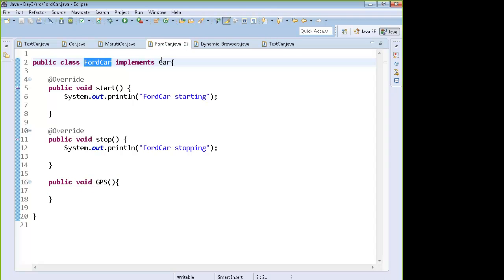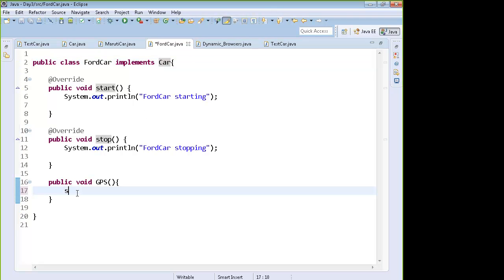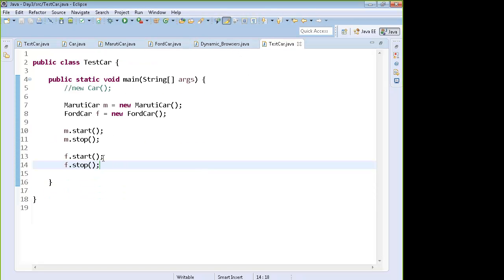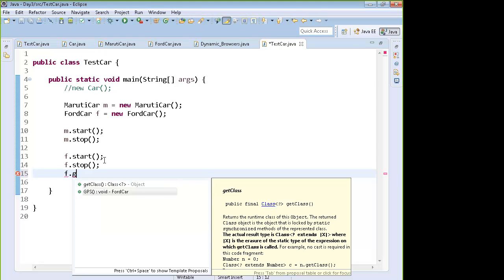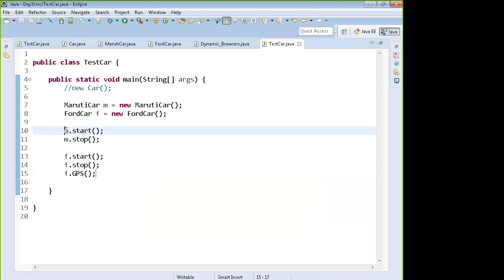It is not coming from the car interface. You can call this function on the object of Ford car, you can write Ford car dot GPS as well. This will not be there in the Maruti car. This is something which is owned by Ford car.